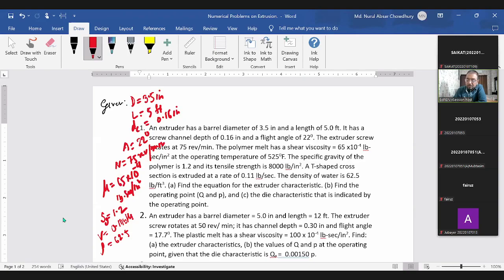Find the equation for the extruder characteristics. Okay, তাহলে আমাদের রিকোয়ার কি? এক্সট্রুডার ক্যারেক্টারিস্টিক্স ইকুয়েশন, মানে the relationship between Q and P, তাই না? রিলেশনশিপ বিটুইন Q অ্যান্ড P হলো আমার এক্সট্রুডার ক্যারেক্টারিস্টিক্স, ঠিক আছে? দ্যাট মিন Q ইজ এ ফাংশন অফ P, তাই না? এটাই কথা। এখন এটার জন্য আমরা আগে ফর্মুলা শুরু করি।